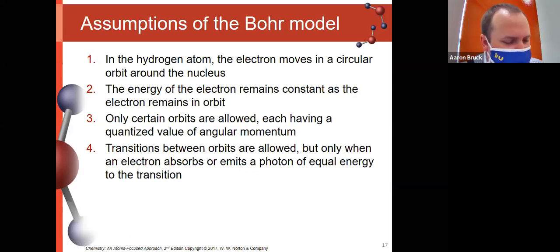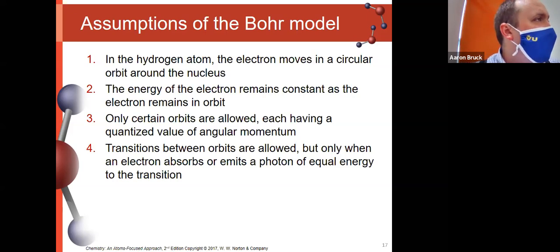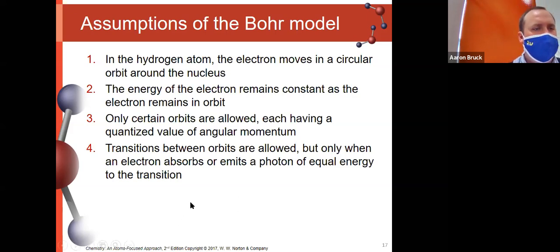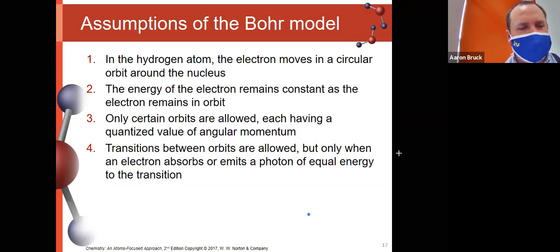And so this entire concept gives us an idea of what we would call the Bohr model of the atom. Your post lecture for this weekend focuses in more detail on the Bohr model of the atom. But the idea is relatively simple. As I mentioned before, the idea of the Bohr model is I've got my nucleus here in the middle,